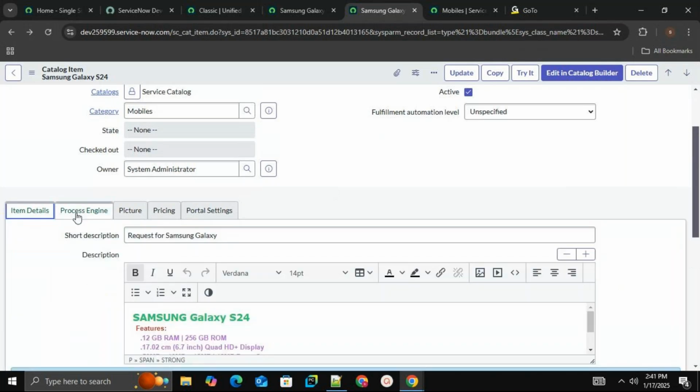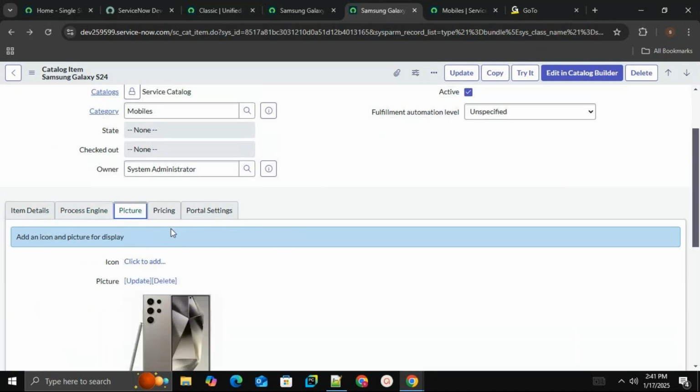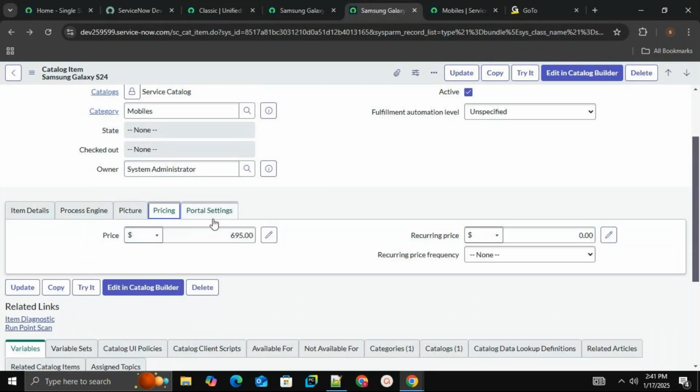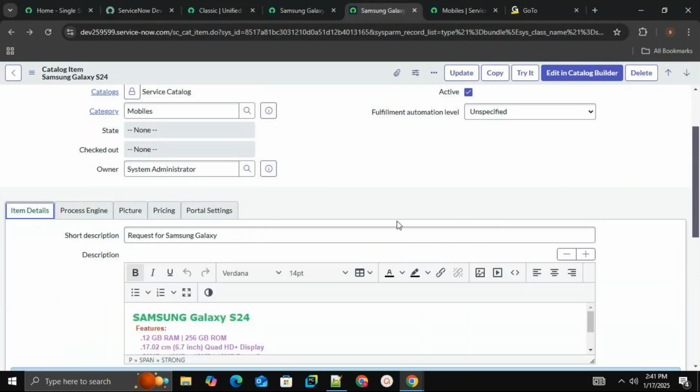Item details, content, process engine. We have workflows. We can create the videos later. As of now, this is not needed. First, let me see these on these catalog items. The picture we have created. Pricing we have given. Portal settings are not required as of now. And when you go down here,